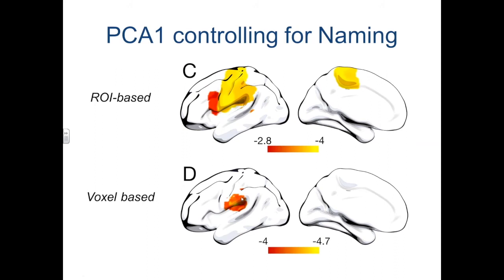So really what you're seeing is this more confined cluster of voxels that involves the inferior frontal gyrus, a portion of the insula and the superior temporal sulcus, when we introduce naming as a confounder